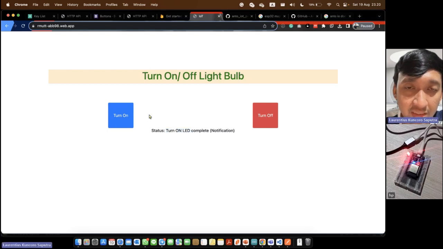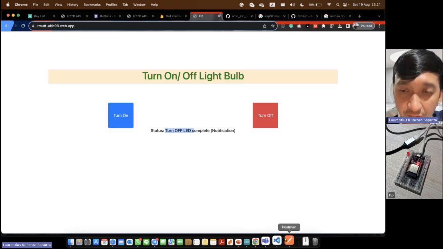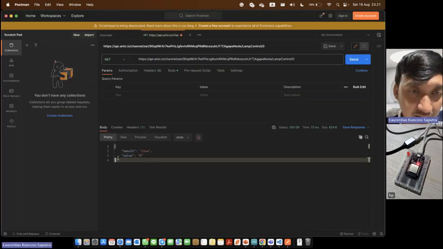We know the LED now is on using the return value from the Anto, and after that, if the return value is 1, we set the status like this. If the return value is 0, we set the status like this one. So we should parse the JSON data again. We only need this value, 0 or 1.